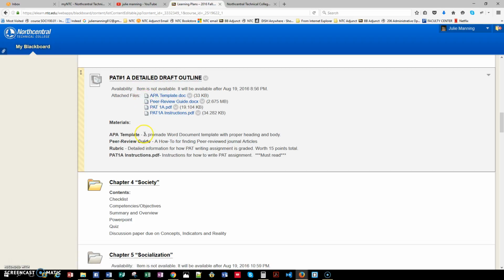And you follow these template and the guidelines, and you pick a topic of your choice that pertains to sociology, flip through the book, or see something that you are really interested in and tie it into sociology. Again, the PAT-1A is worth 15 points, and then the PAT-1B will build upon that. You'll make corrections and additions and make it a little bit longer and in depth. And then the final one, the PAT-1C, is your final